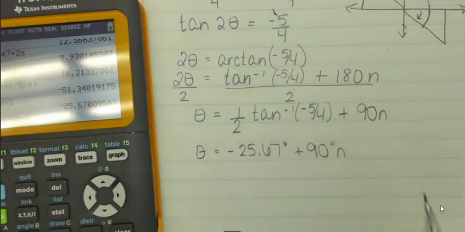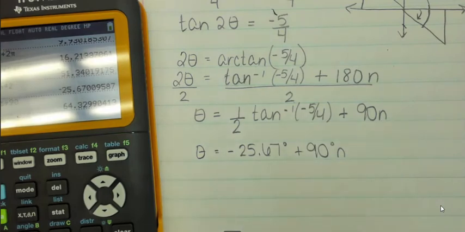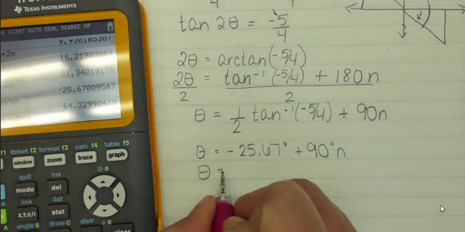Plus any 90 degrees that I want to add to that. Okay, so we're supposed to do the first 3 positive. So I think I'm definitely going to have to add at least 190 degrees to get positive. Okay, so we're going to get